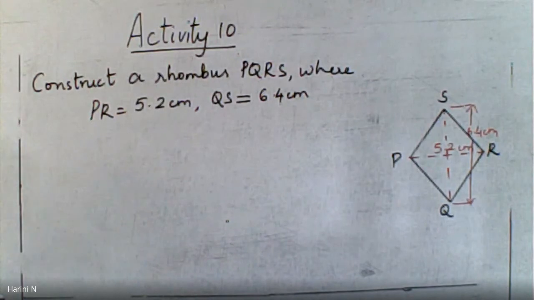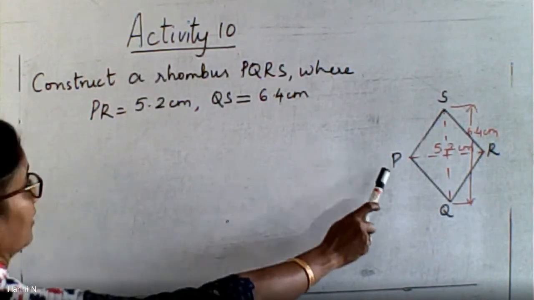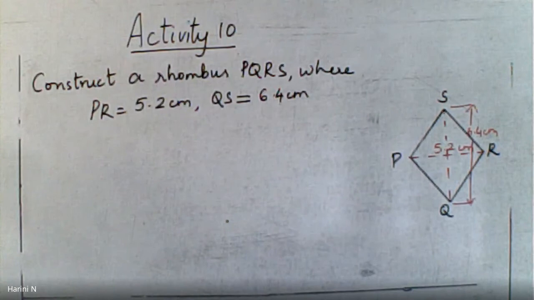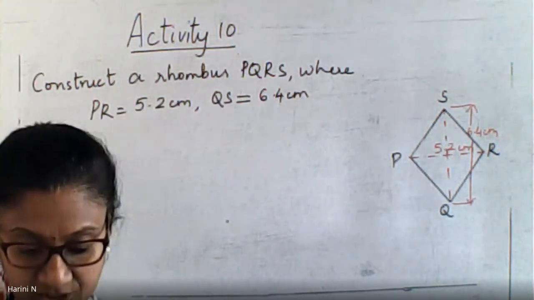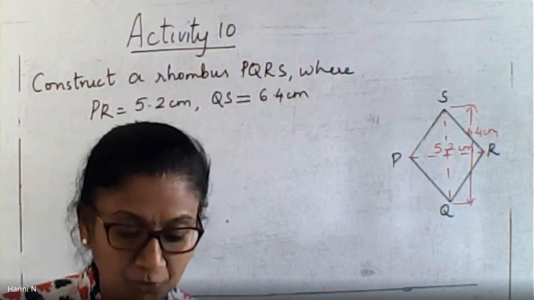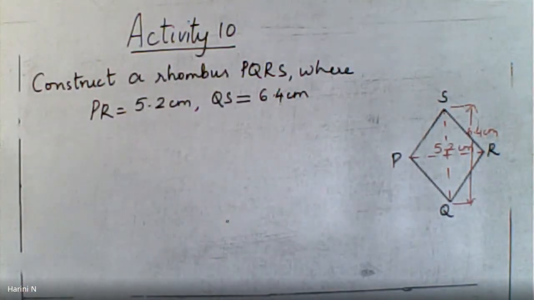So, since the question is written on the right side corner, you can draw the rough sketch and hence we will start the construction. Now, before I take up the construction, there are certain properties of rhombus that we should be able to recall, which we shall use to construct the rhombus.